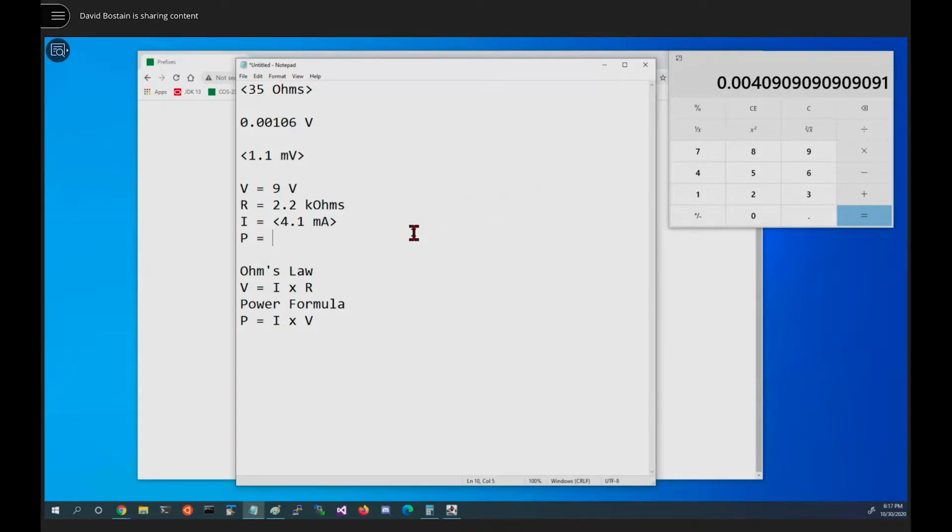Now, in order to get the power, we're going to put it inside its little brackets. We need to take the voltage times the newfound current. If we were working this as a change problem, I would not re-enter this number. If you have to re-enter it later, you'll re-enter it as 4.1 milliamps. I would simply use this exact number we have until we're done with the equation, and multiply this times 9 volts. That's going to give us a number that looks like this.